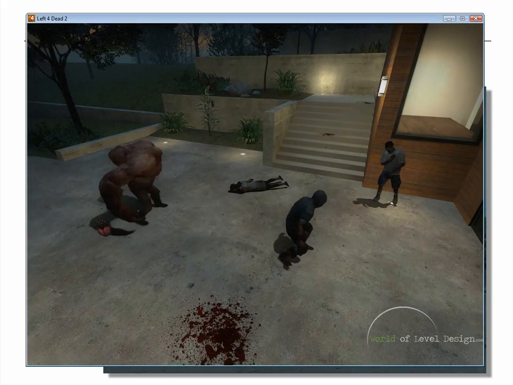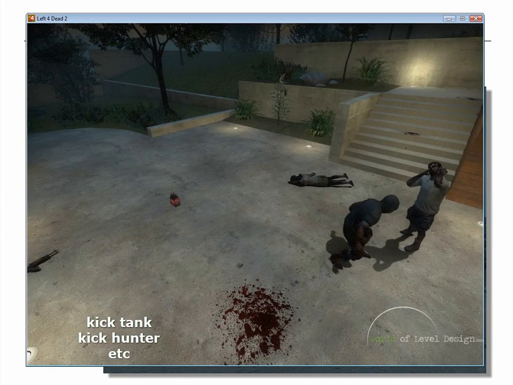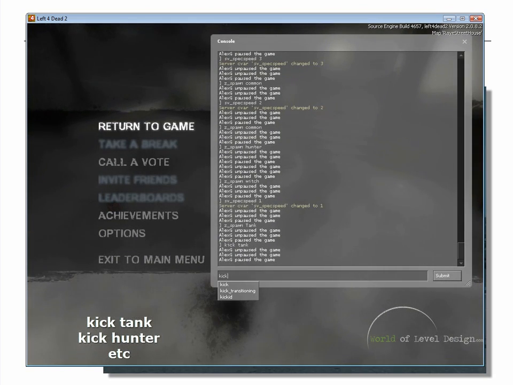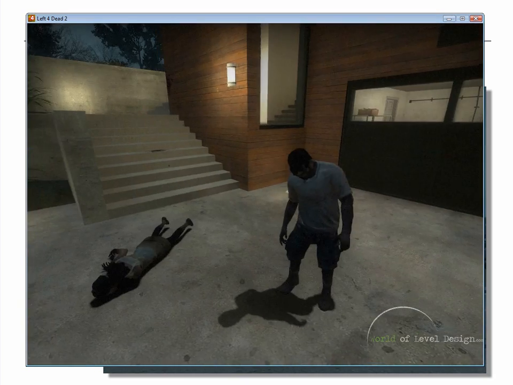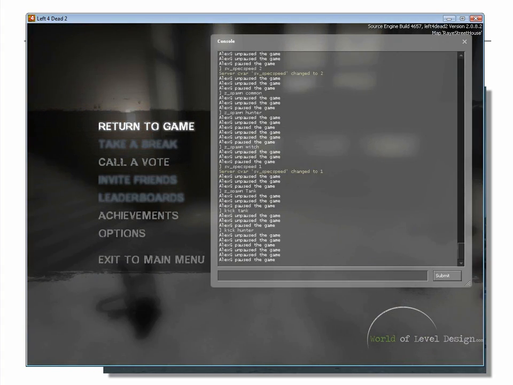And if we need to kick any of the infected, just simply type in kick tank, and let's kick hunter, and we'll get rid of the hunter or any other infected that you type in. Very useful command for giving you some control over the common infected inside your map is